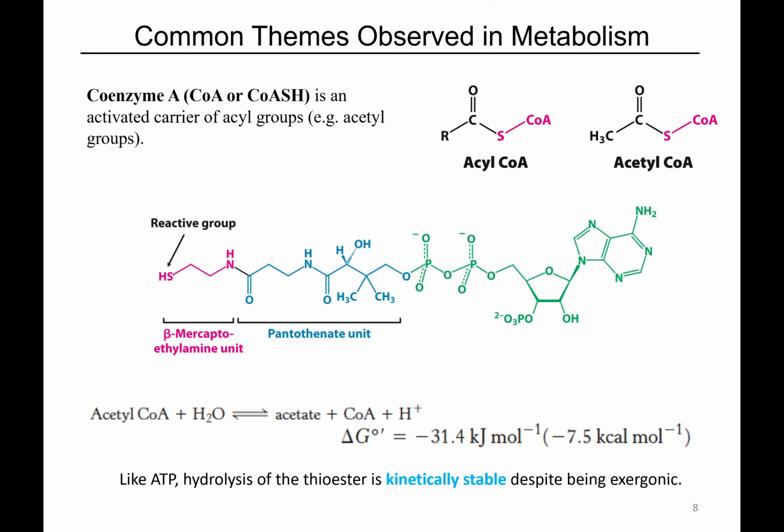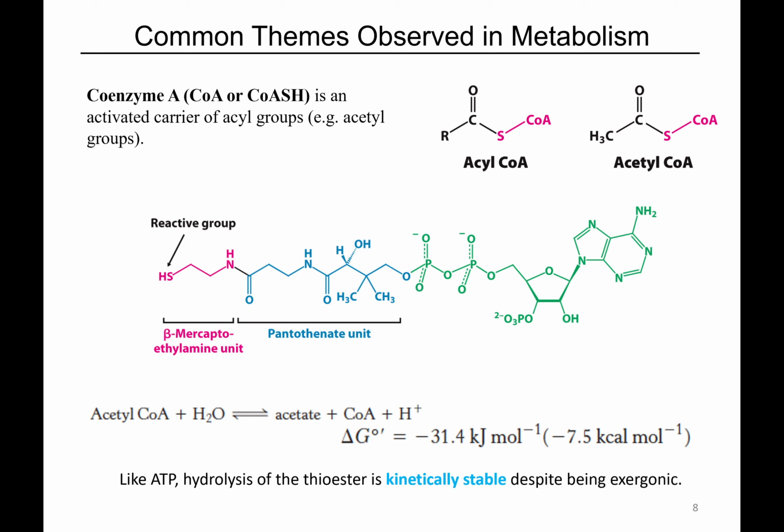And we've seen this before. Coenzyme A has an AMP or ADP functionality. NADH, FADH2, so many molecules contain this AMP because it's a recurring theme that enzymes can recognize. So it has this AMP so that we don't have to reinvent the wheel for enzymes to recognize something. Attached to this AMP is a phosphate and then a molecule called pantothenic acid, which is something that we get in our diet. Then attached to pantothenic acid is simply a 2-carbon unit containing a nitrogen connected through a peptide bond, and then it has a reactive sulfur at the end.